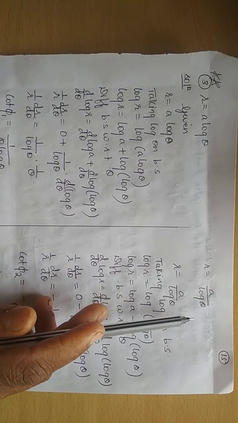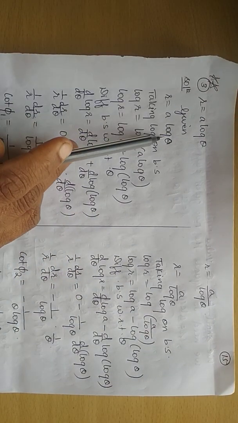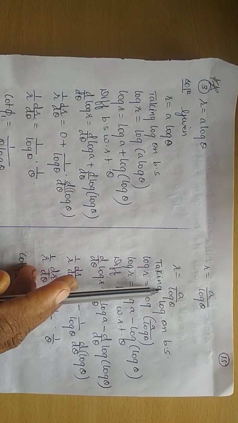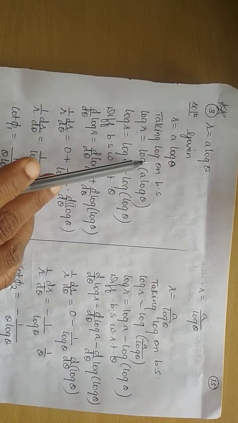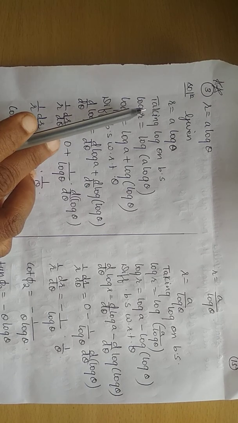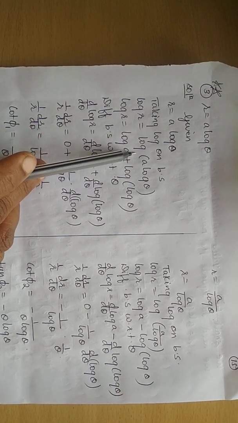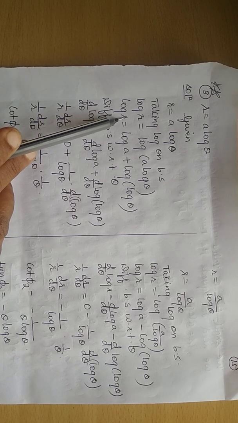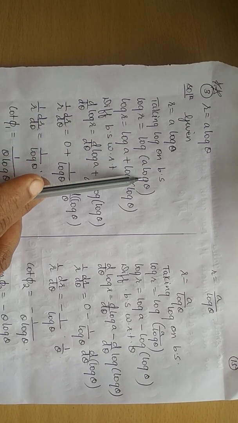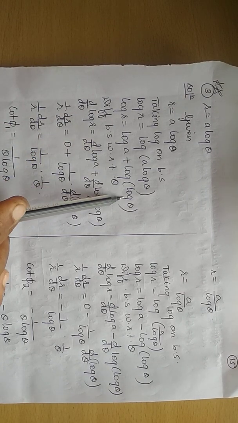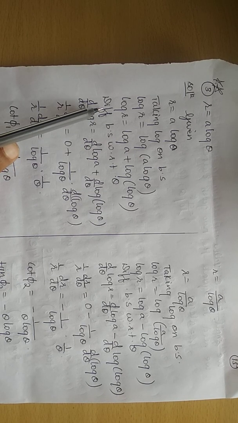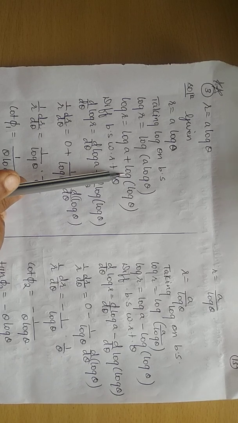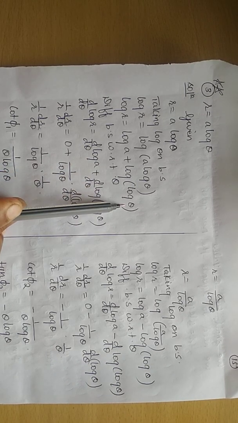To start, write the given, that is r = a log theta and r = a upon log theta. Taking log on both sides, this becomes log r = log of a into log theta. Log of a into b is log a plus log b. Do not write this as log squared, log of theta is to be kept as it is.